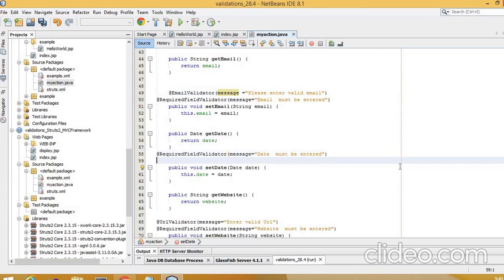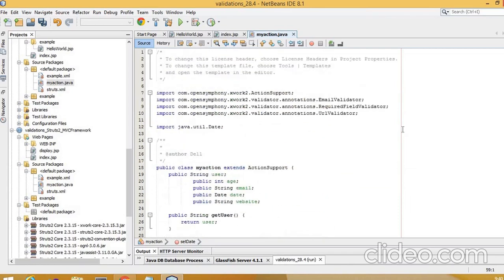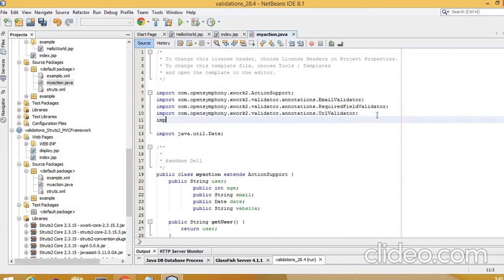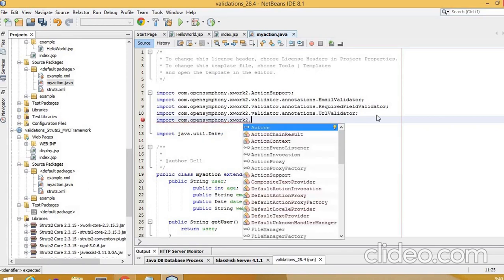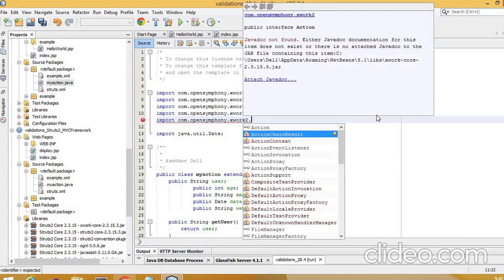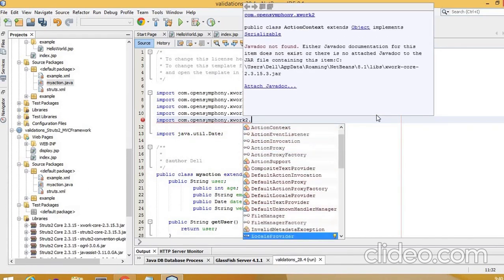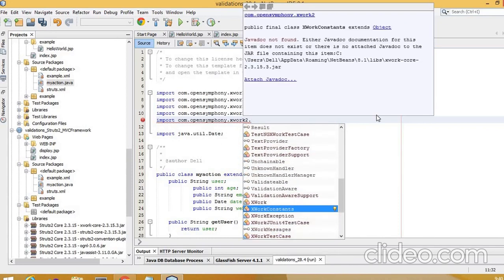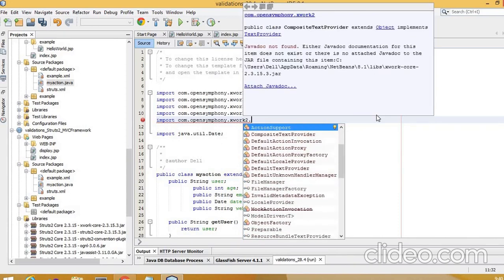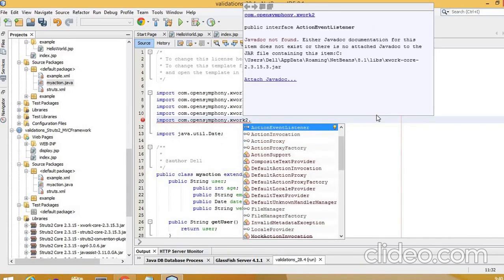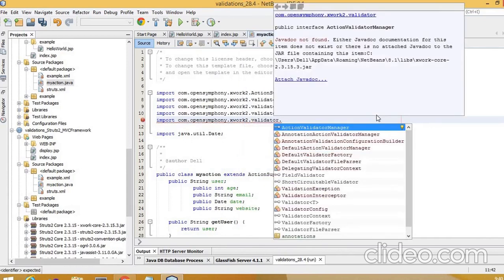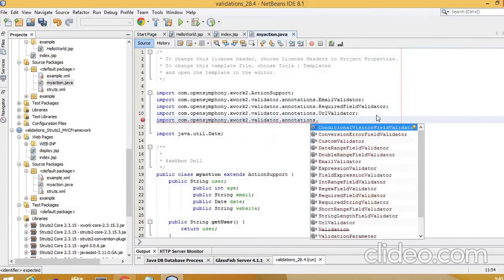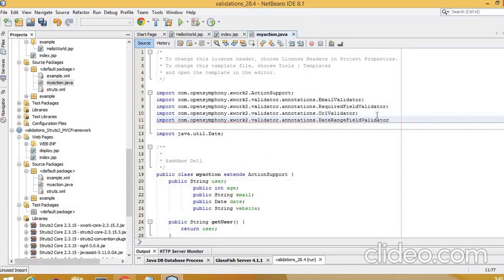Date range field validator I can also add if you want to give the validations for date range. So com.opensymphony.xwork2.validator.annotations.DateRangeFieldValidator, I can give that.